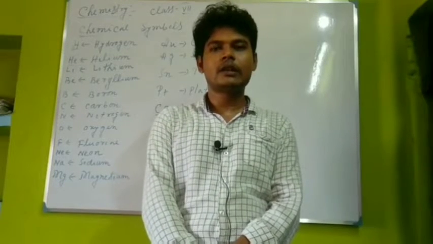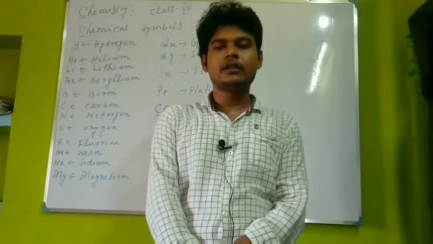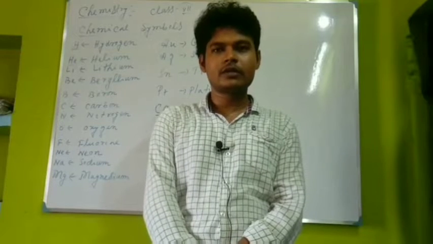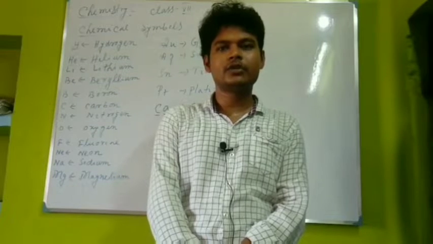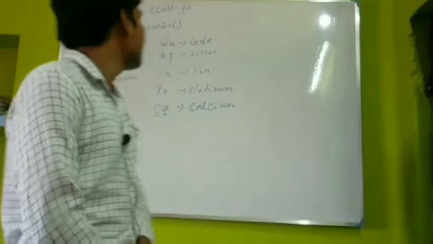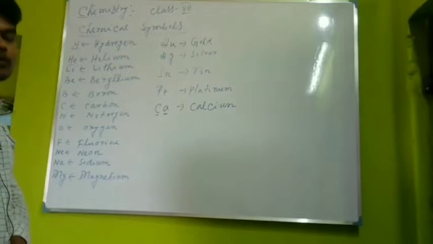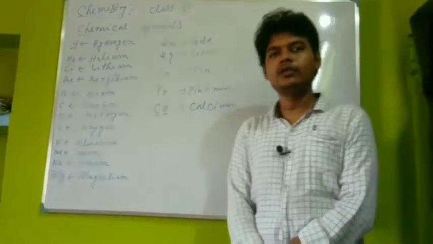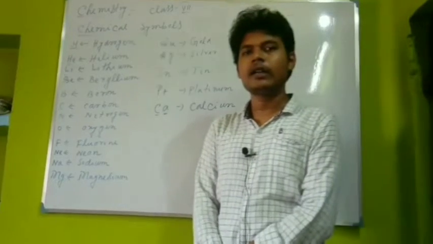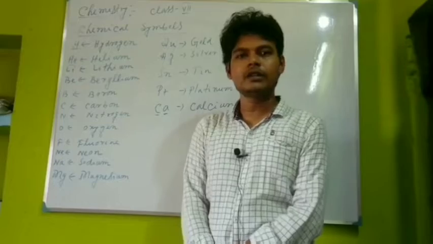Today we will discuss the chemical symbol. Second thing is the ions, formation of ions, and the third is the chemical formula. So let's start. At first, you can see that I have already written the chemical symbols. So what are the chemical symbols? Chemical symbols are used to represent the chemical elements, compounds and the functional group.